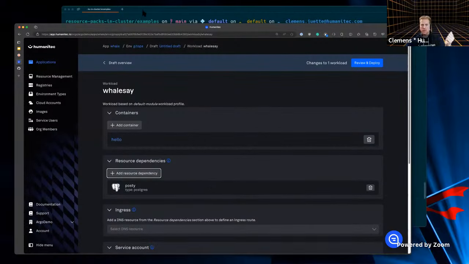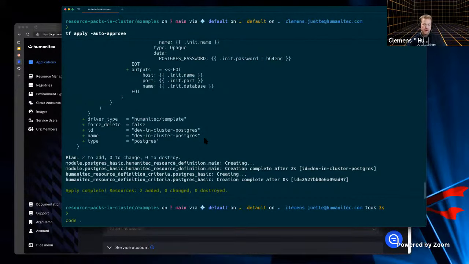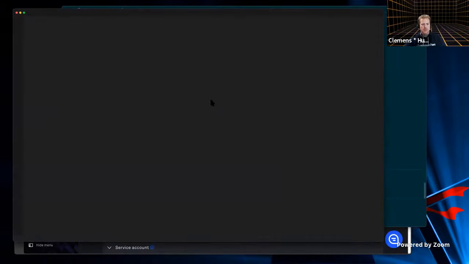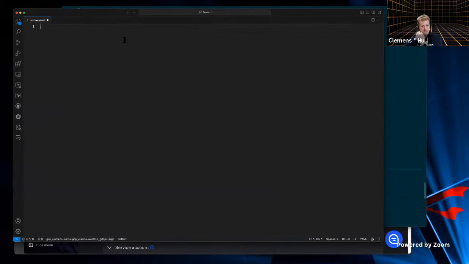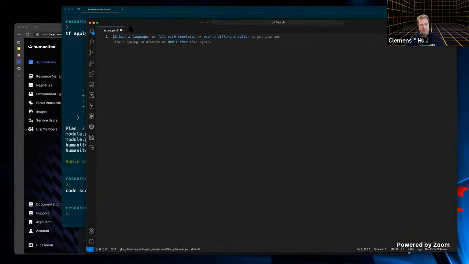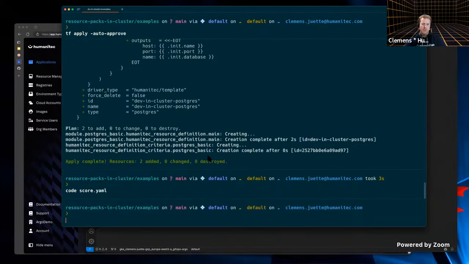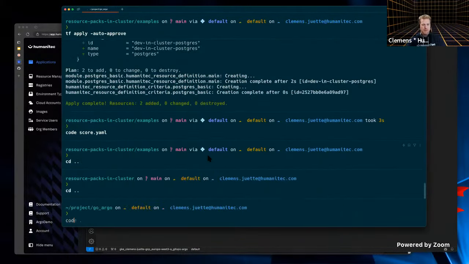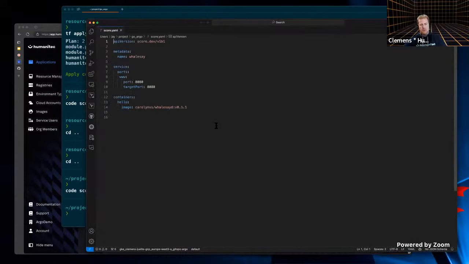I could also, just to have that example for you, go to score.yaml. Wait a moment. Of course, don't do that in the Terraform directory.